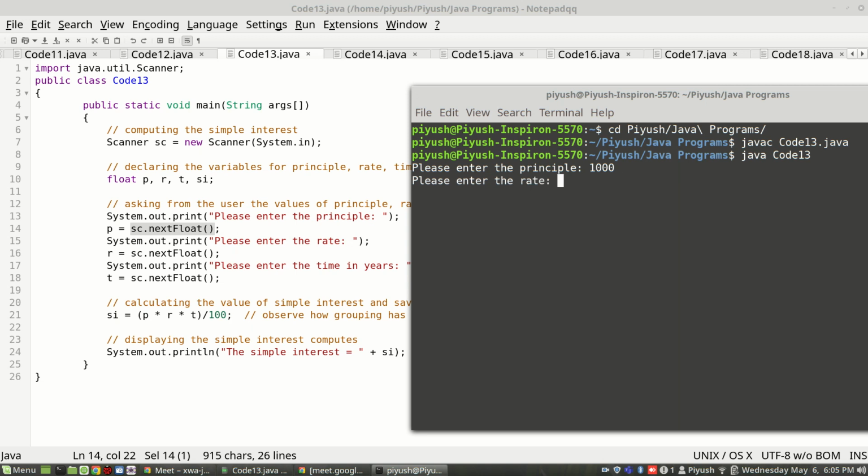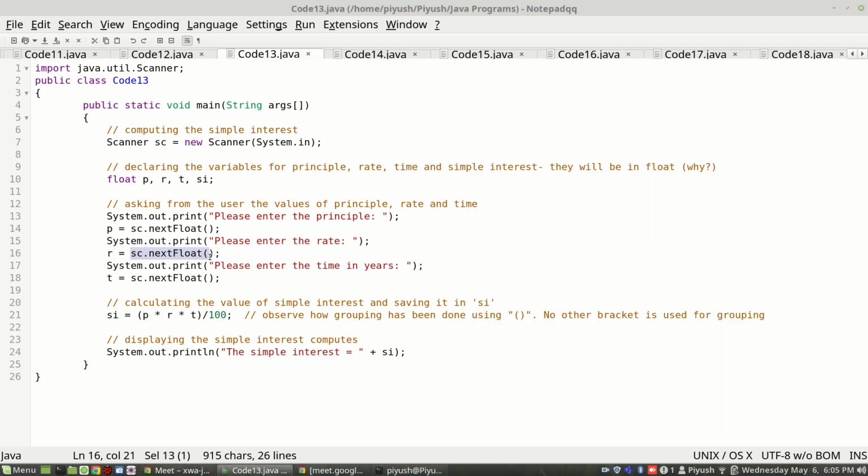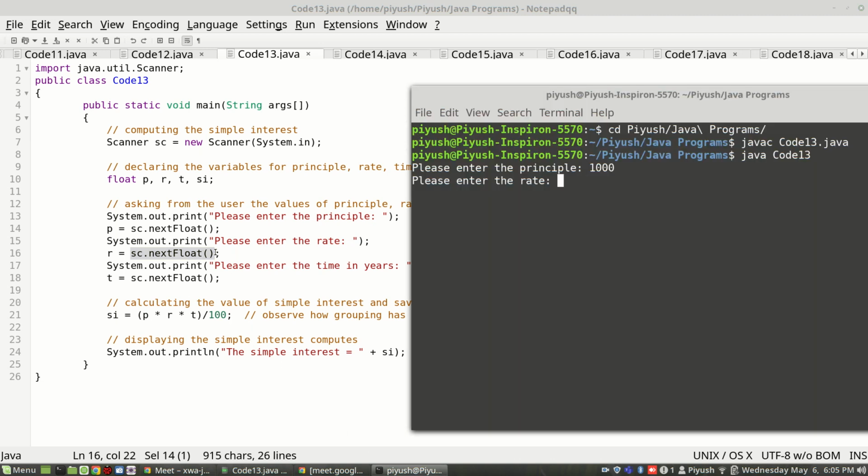Now it is asking you to print rate. After printing this statement, the line was not changed, and then this statement was executed. So it is again waiting for you to enter the second value as a result of the execution of line 16.